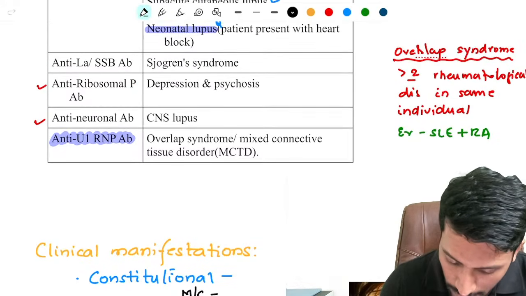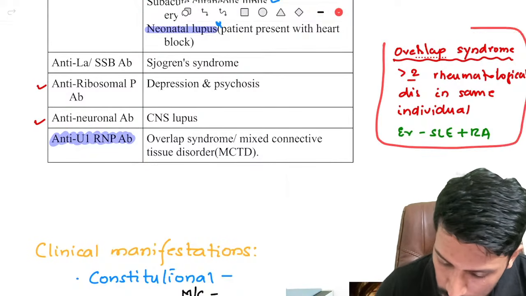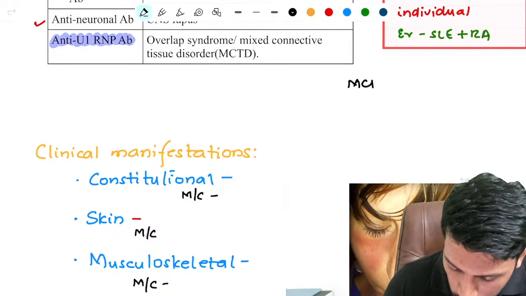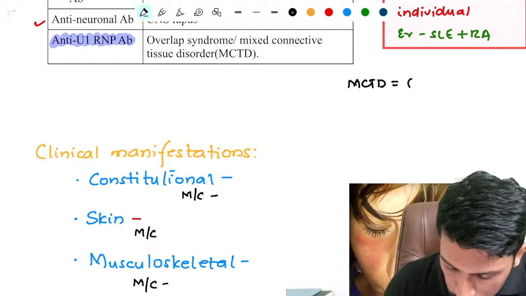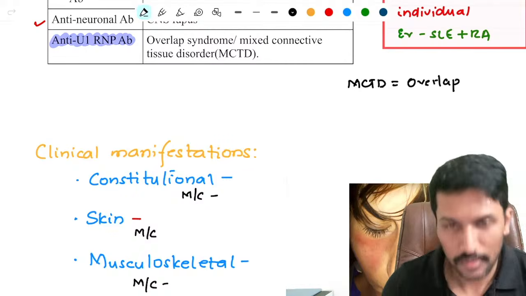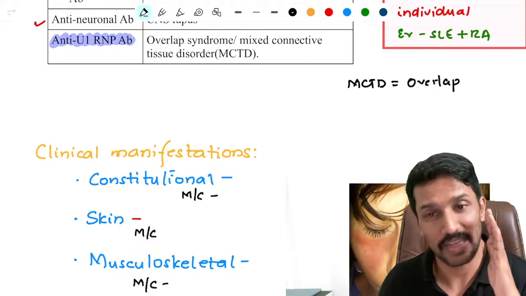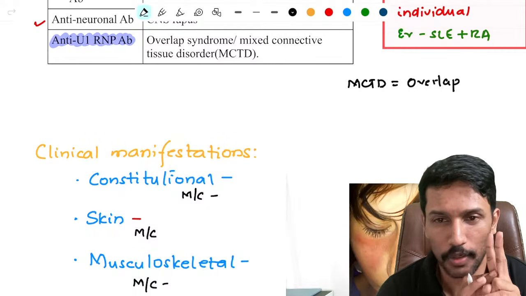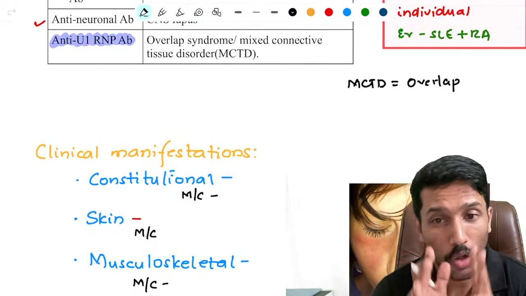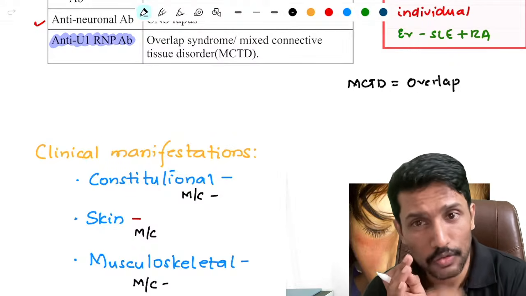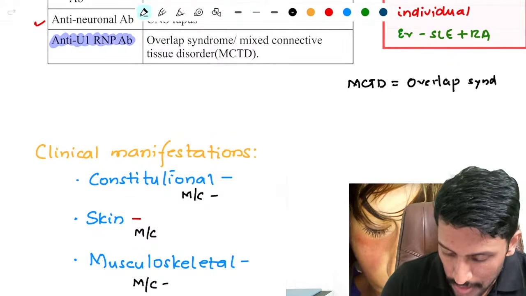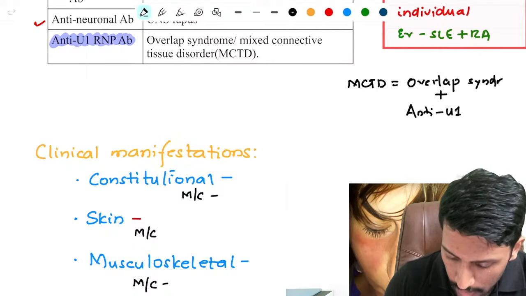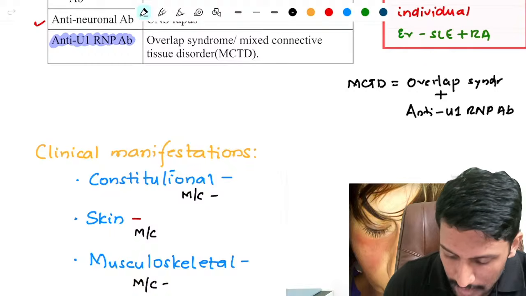So please have this conceptual clarity. Overlap syndrome means two or more rheumatological disorders in one individual, and mixed connective tissue disorder means we have an overlap syndrome where, like, we're talking about SLE right now. So let us say patient has SLE. In addition to that, he also has Scleroderma, two rheumatological disorders in the same individual. So now I can call this an overlap syndrome. But this overlap syndrome patient, when tested for this particular antibody, anti-U1-RNP antibody, then it becomes a case of